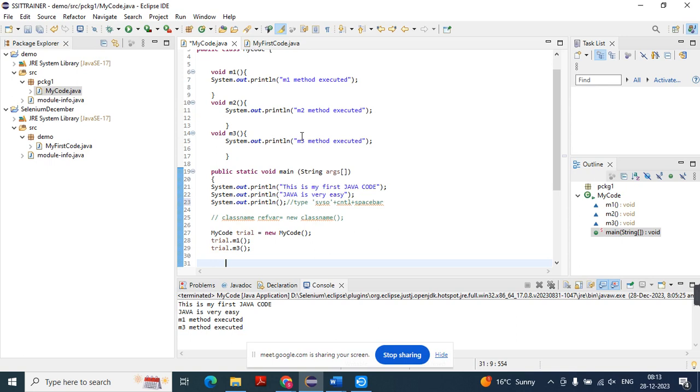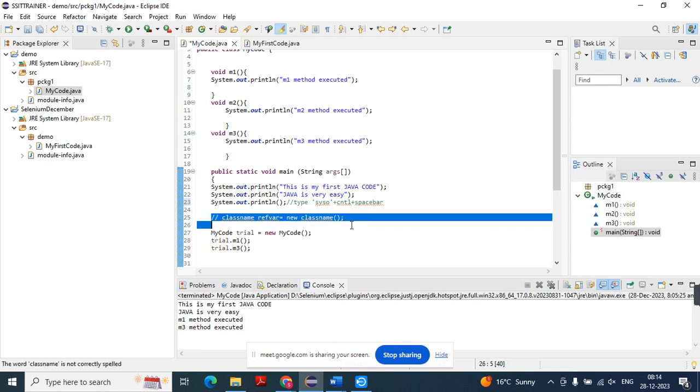Sir, object is always used to create a class. हम क्लास क्रिएट नहीं कर रहे, क्लास का ऑब्जेक्ट क्रिएट कर रहे हैं। We are creating the object of class. ऑब्जेक्ट किस चीज का है यहाँ पे? क्लास का है। That's why the syntax is class name. देखिए लाइन नंबर 25 में जो सिंटैक्स है वो क्या स्पेसिफाई कर रहा है? We are creating object of a class, so that's why class name